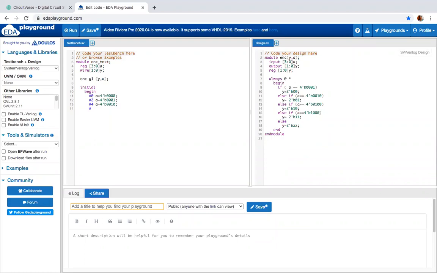Again I'll give #2, anything you can give, because finally the timing will get added up. A will be equal to 4'b0100. You can give all the cases which are there in the truth table.